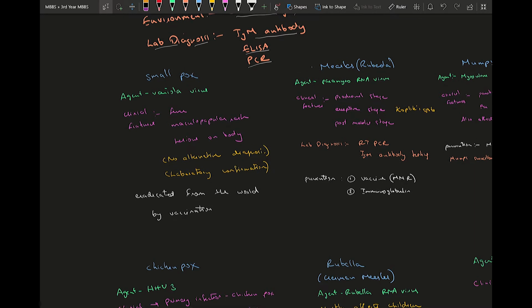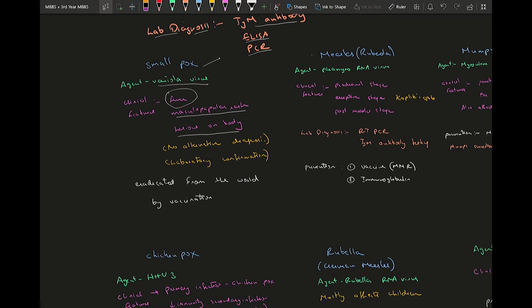Moving into the specific viruses, first we'll be talking about smallpox. It's caused by variola virus, and the clinical features are fever. All these respiratory viruses have URI symptoms, which are cough, fever, malaise. All these are common symptoms which you can write for each of these diseases, but there are some characteristic findings which I have mentioned for each of these diseases. So, macular papular rash and lesions on the body are the important features of smallpox.